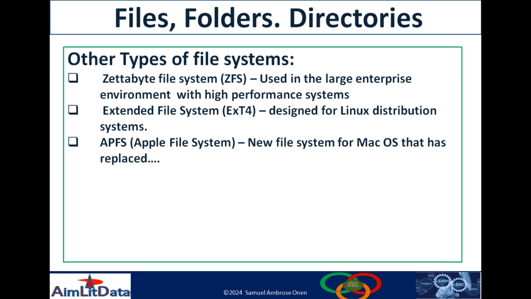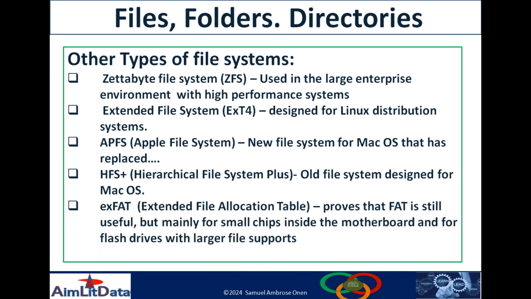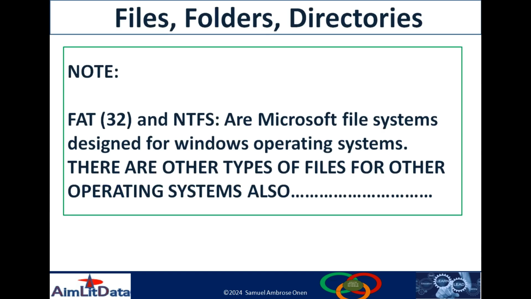So we have seen different types of file systems: ZFS (Zettabyte file system), ext4 (extended file system 4), APFS (Apple File System), which is a new system for Mac OS. And we have seen HFS+ (Hierarchical File System Plus), which is the old one for Mac OS. And we have seen exFAT (extended file allocation table) for Windows, on top of FAT32 that we saw previously, and